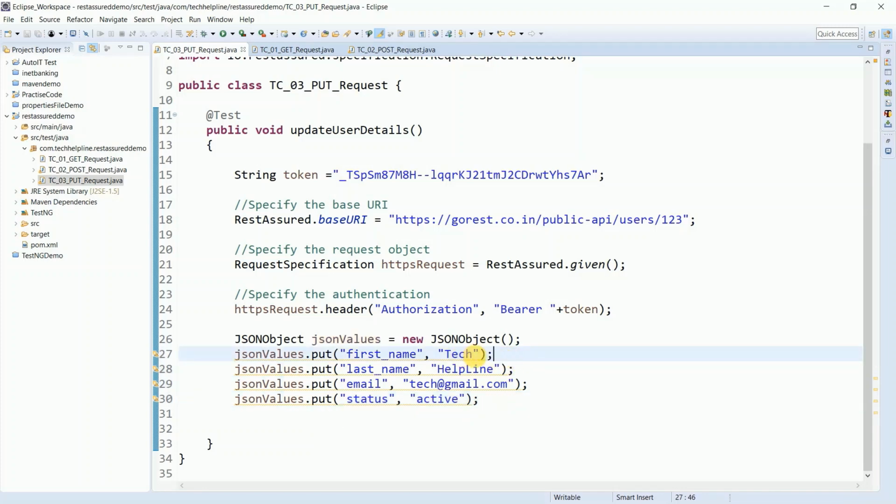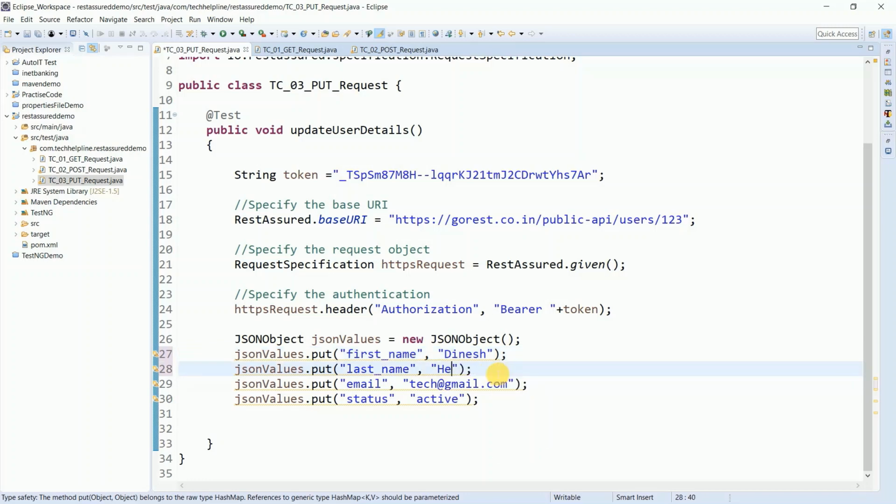I am giving a new name to the existing user as Dinesh, and the last name, and their email ID is also Dinesh.